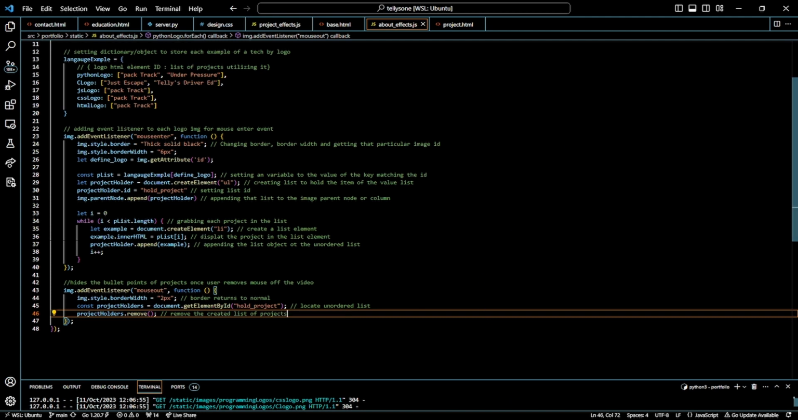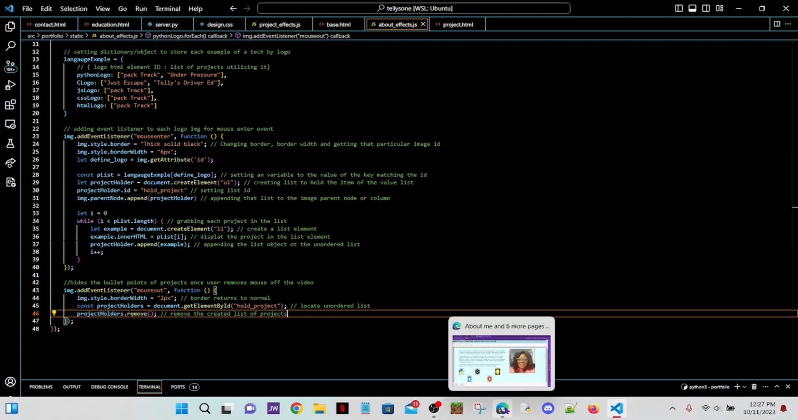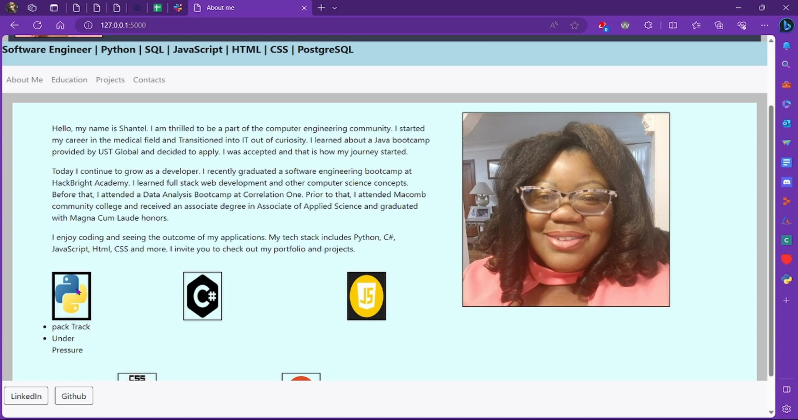It sounds like a lot. Maybe I should show you as it's working. So here is essentially the group of items I'm grabbing in my list because all of these items have the same class. And then for each item in that class, each individual logo is doing the same thing. When I hover over the logo, it's sending that ID into the object and grabbing the value associated with my Python logo. So whatever the Python logo is passed, it's going to grab that list of Pack Track and Under Pressure,